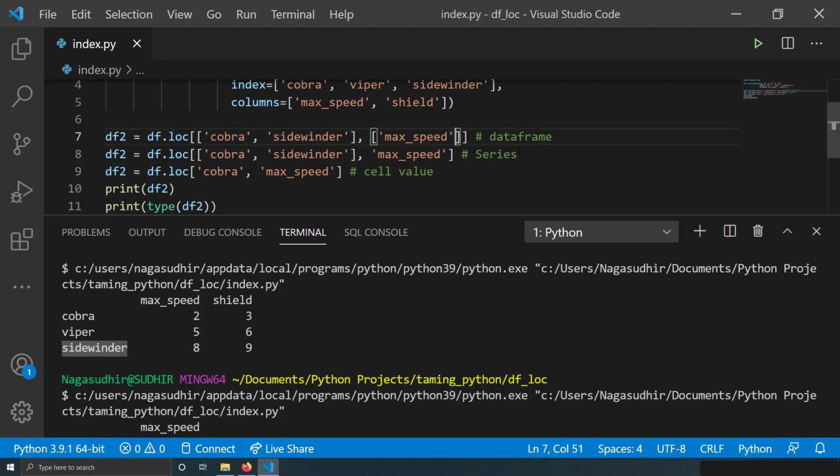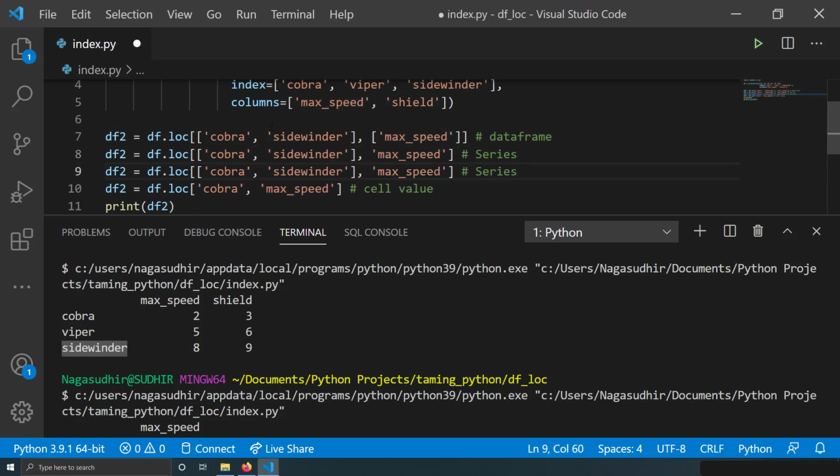And you can see here I'm extracting the column data. You can even extract the row data this way. Suppose I want to take the row label as Cobra, and here I want to take max speed and shield. So on these two columns, even this is possible.